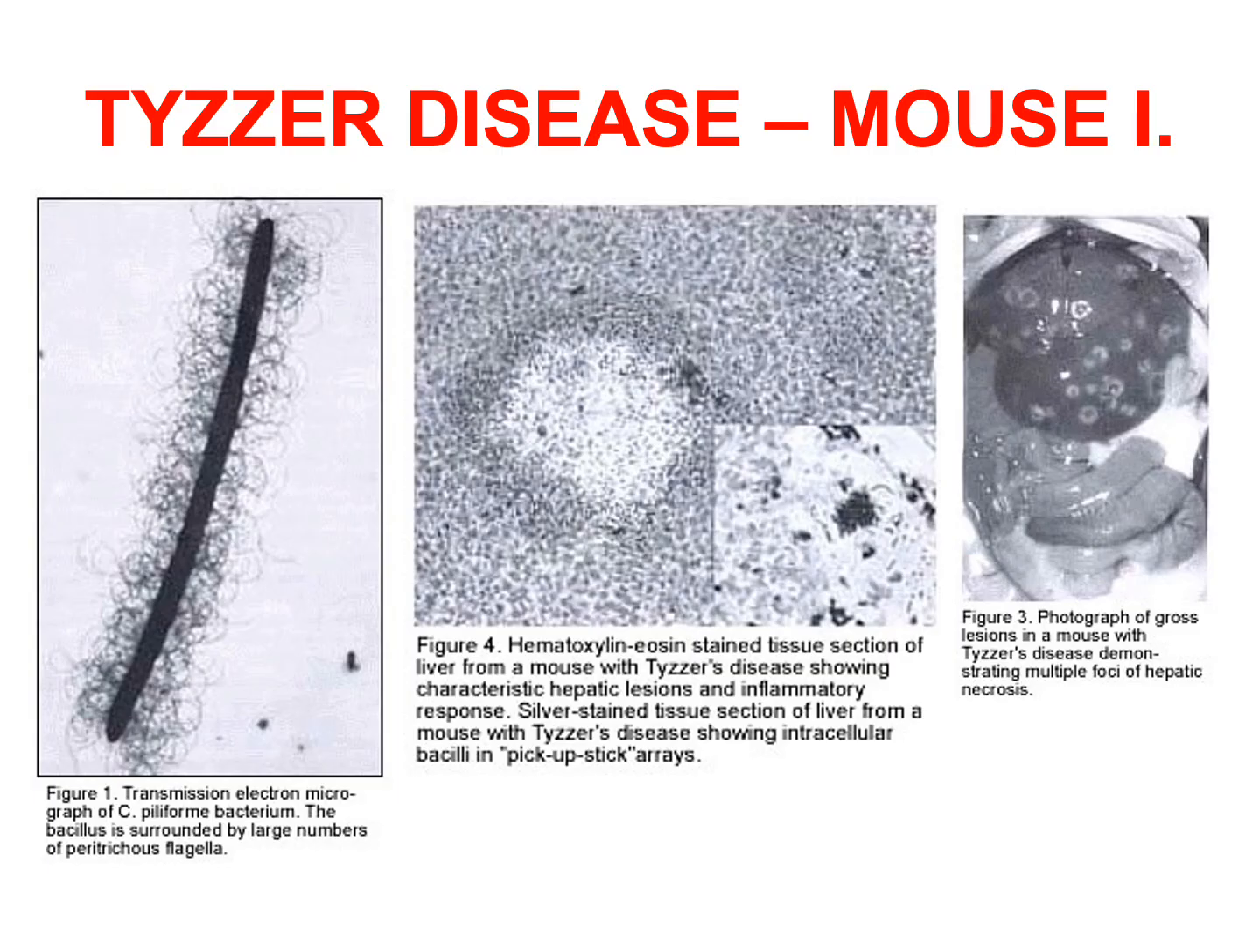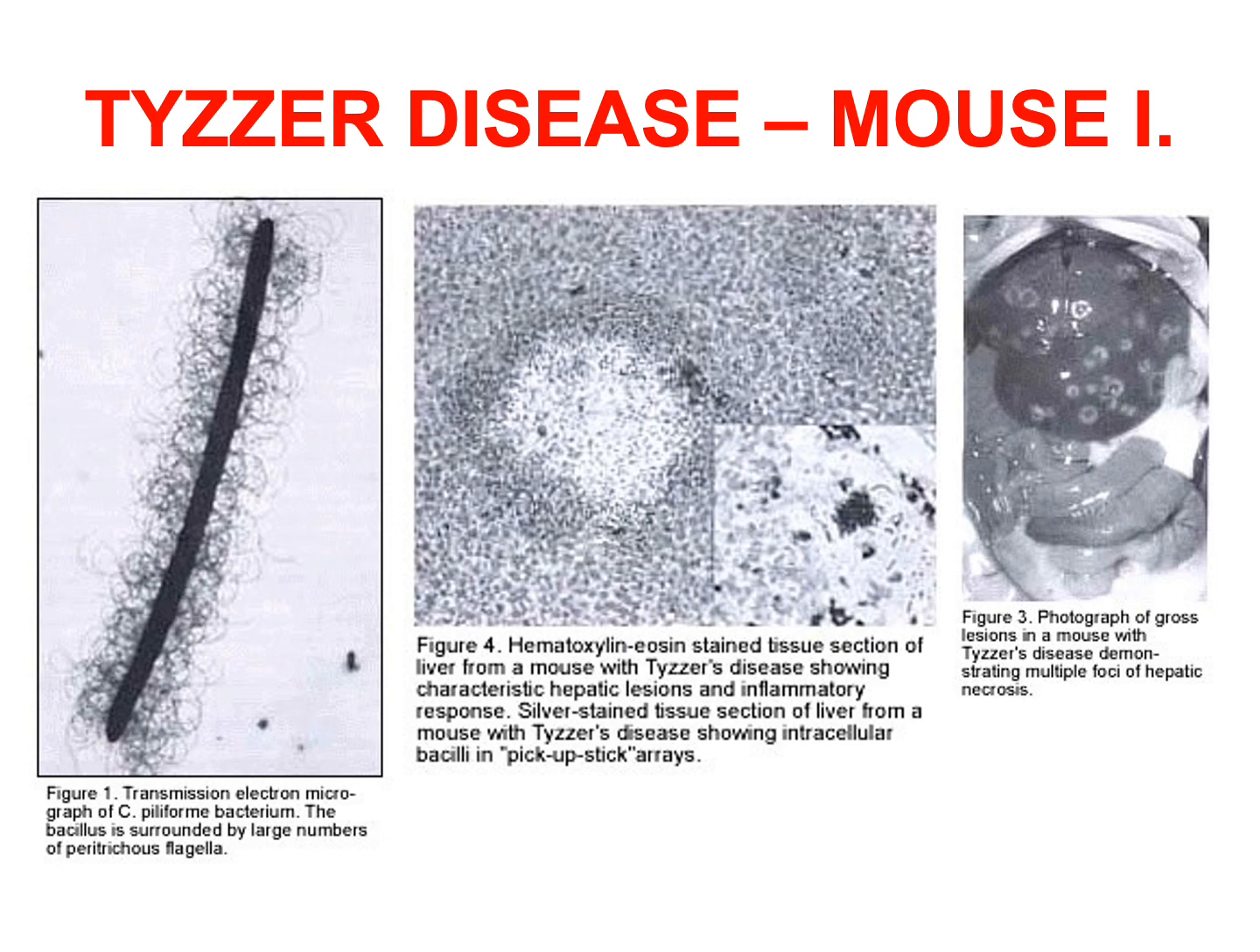Summarizing slides exclusively about mouse Tyzzer disease. Picture 1 is a transmission electron micrograph of Clostridium piliforme bacterium. The bacillus is surrounded by large numbers of peritrichous flagella. The middle picture is a hematoxylin eosin stained